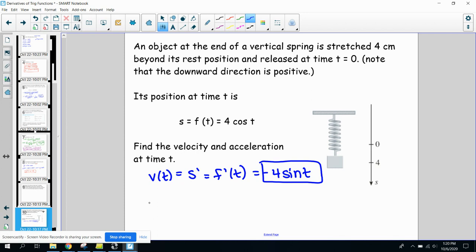And if I wanted to find my acceleration, a of t, that's going to be the derivative of the velocity, or the second derivative of the position. So I'm going to look at my velocity, which is negative 4 sine t, and find the derivative of that. Again, negative 4 is my constant, that's just going to stay on the outside. The derivative of sine t is going to be cosine t. So my acceleration would be negative 4 cosine